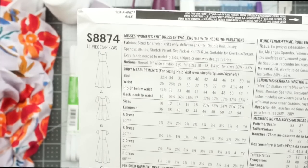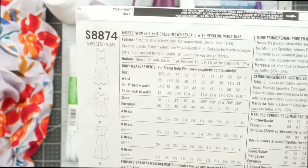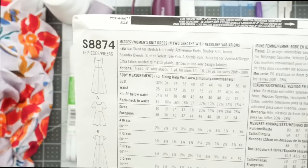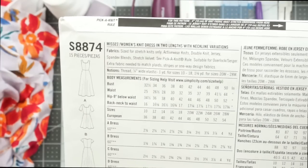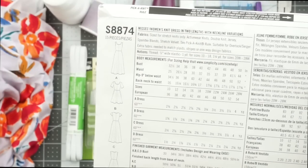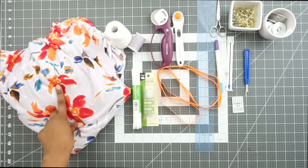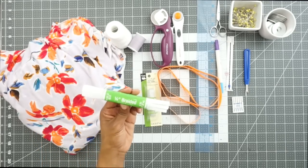For the notions, we need our matching thread as well as a 1/4 inch wide elastic. You need 1 yard of a 1/4 inch wide elastic for sizes 10 through 18. You need 1.25 yards of the 1/4 inch wide elastic for sizes 20 through 28. So now let's go ahead and go over the notions that I have purchased and the everyday sewing supplies that we will need. In addition to purchasing my fabric, I did go ahead and purchase a 1/4 inch wide elastic